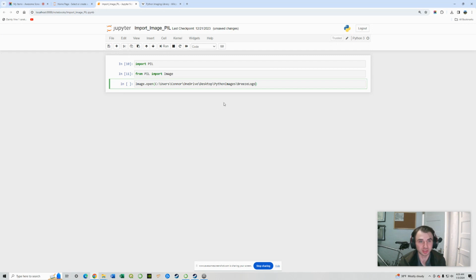But before we can actually press enter and pull up the image and import it, we have to change a few things. First of all, we want to make sure we have the quotation marks around the actual file location. And then the next thing we want to do is add a slash and whatever the name of your image is. In my case, it's breeze.png. So you want to make sure you include that at the end,